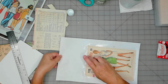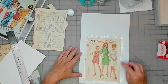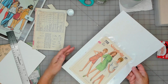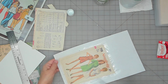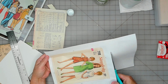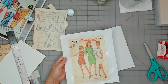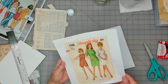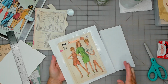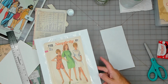I think it's good. I think I got it. Super cute. I love the shoes. Alright, so there's that one. I'm just going to cut this off. Okay, and then set that to dry. Once the outer part is dry from the excess glue, then I'll put it underneath the